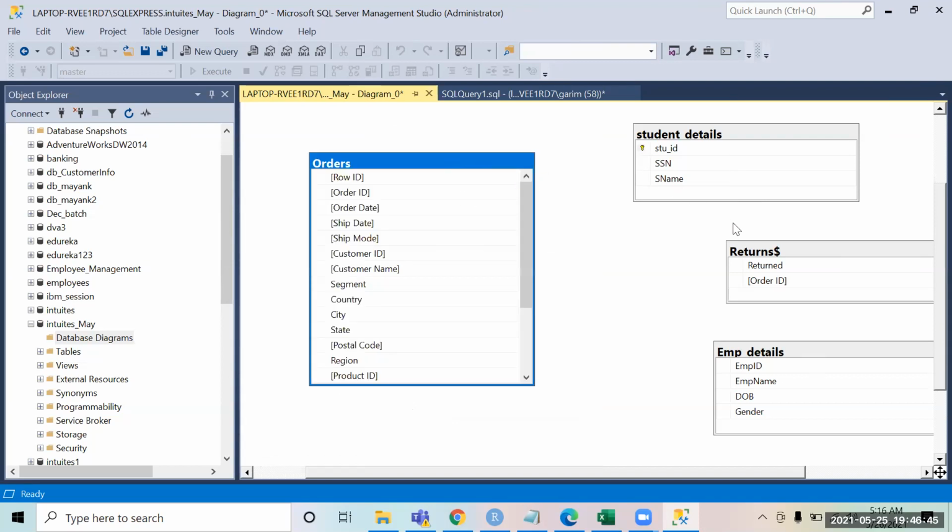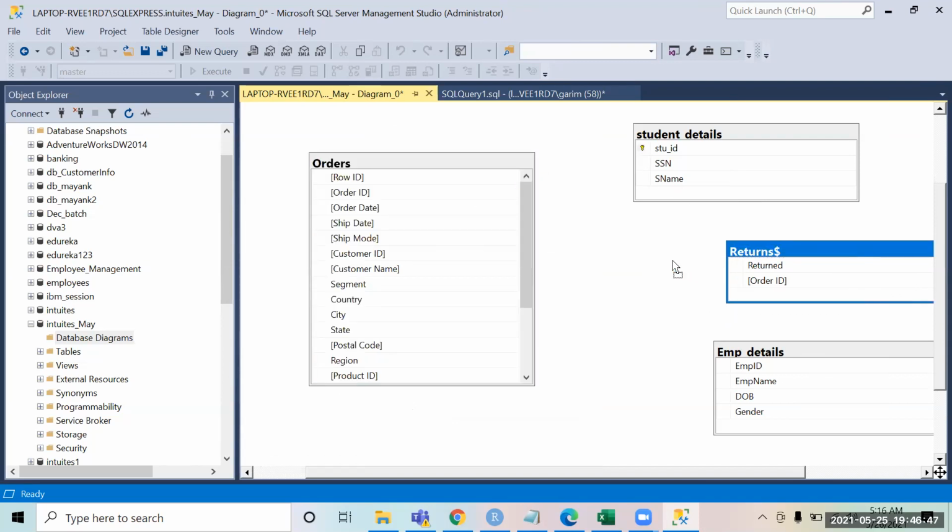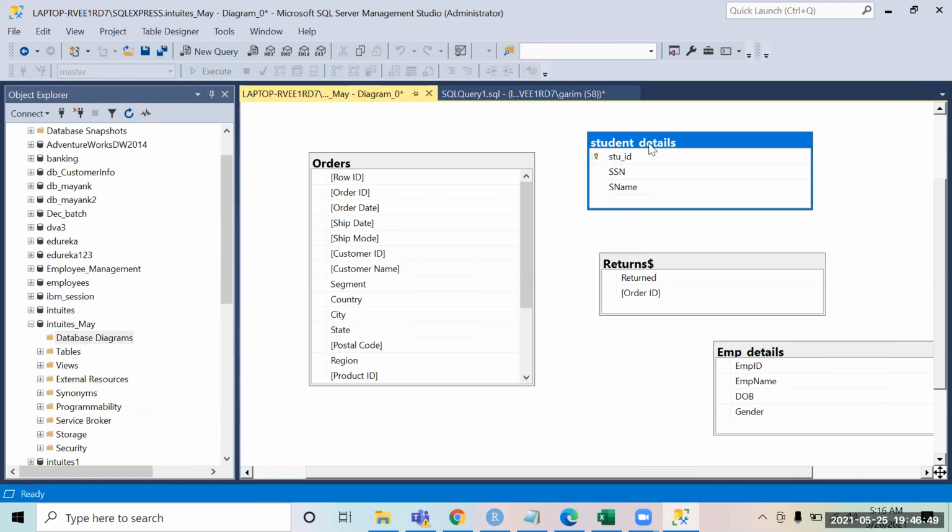What we do over there is, you can have multiple such tables, and then we connect them and we give that one such diagram or relationship of the tables that you would have created a name. You give a name to that schema, right? And you can have multiple schemas in that data warehouse or in a database.